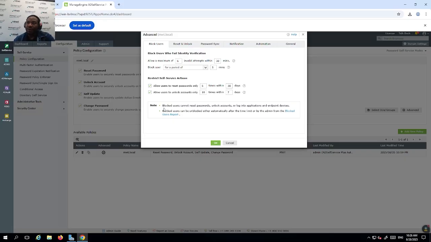Also, we can allow users to unlock their account only 10 times. So if their account is locked automatically after trying to reset their password, they can unlock their account. Let's say 10 times, or we can reduce the number to 3 within 7 days or within 30 days. This depends on our organization